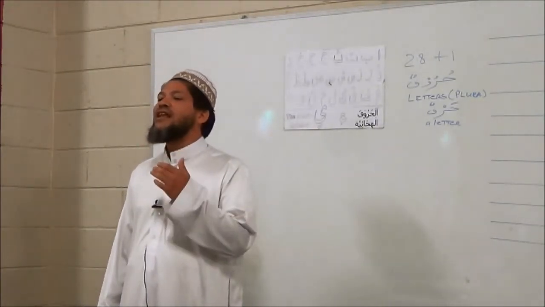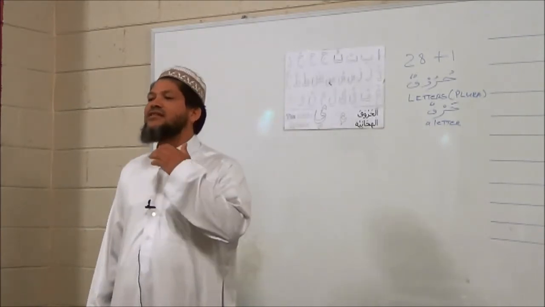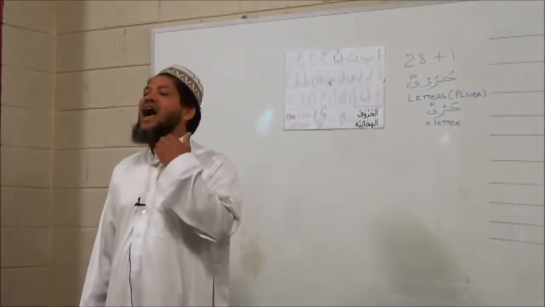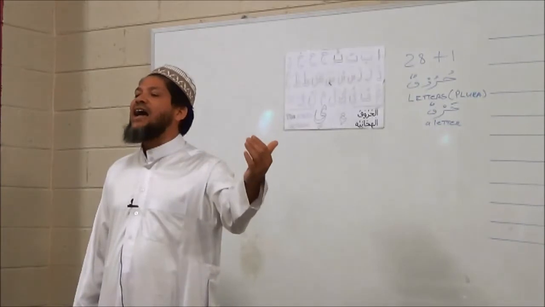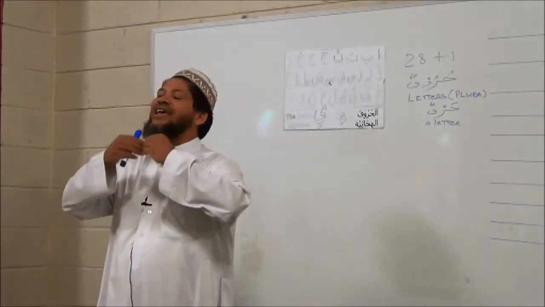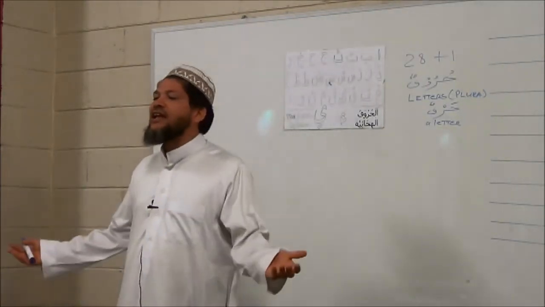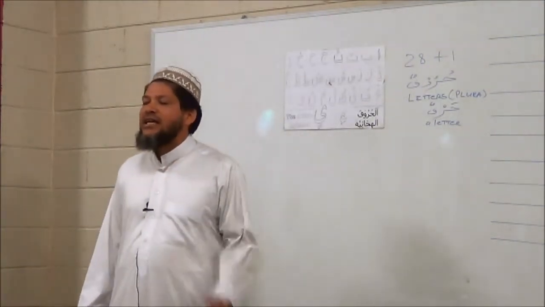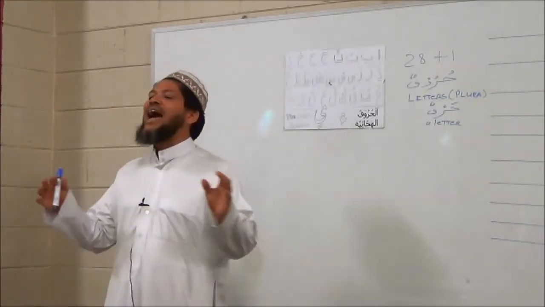Next letter. Very clear letter. This is one of the letters of the throat. This letter is to be found in the middle of your throat. Ha. See, there's no distortion, no roughness, everything is clear. Ha. Alif. Ba. Ta. Fa. Jim. Ha.